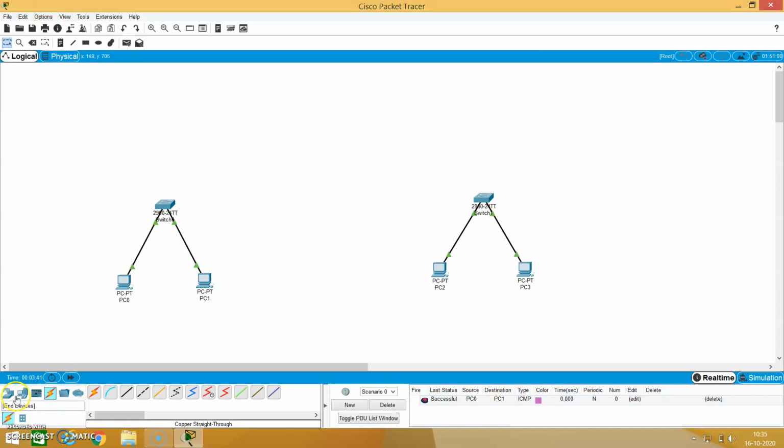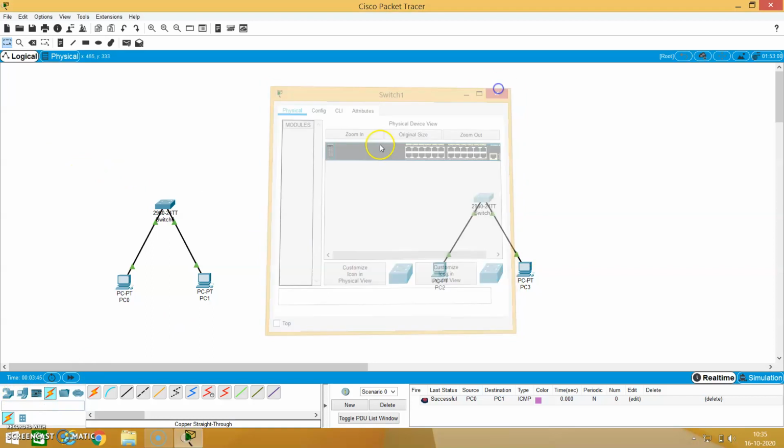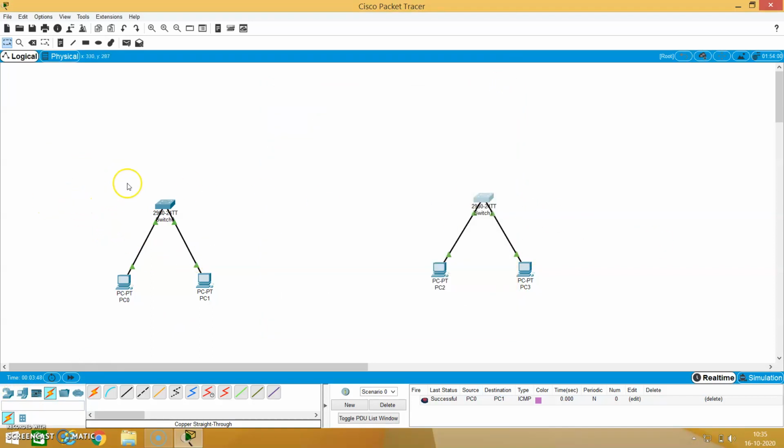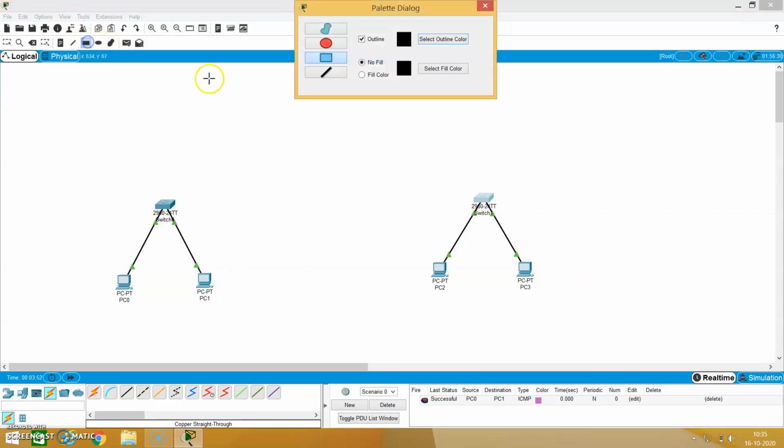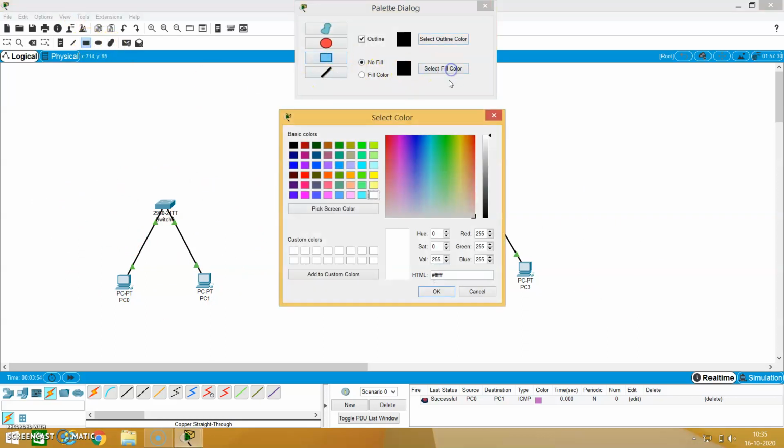Now we have two different networks, the 192.168.1 network and the 2 network. Okay, we can highlight that.